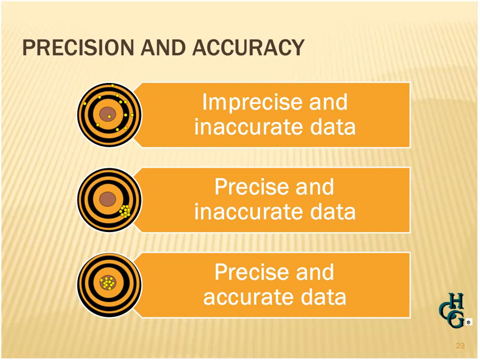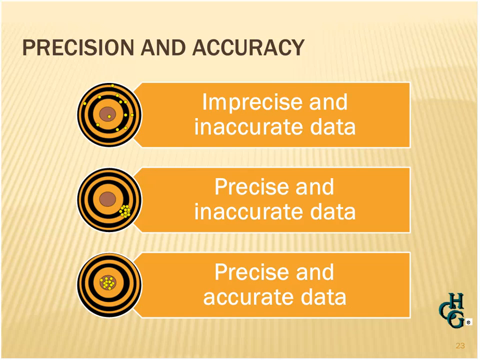That top picture shows what imprecise and inaccurate data looks like. Your measurements vary quite a bit. That means you lack precision, and it's also not accurate. You're not hitting the mark in the center of that target. The second one shows precise but inaccurate data. So you're getting repeatable results, but they're wrong. That's not going to help you demonstrate continuous improvement. It's only going to confuse people because your data is wrong. The goal is to have precise and accurate data.